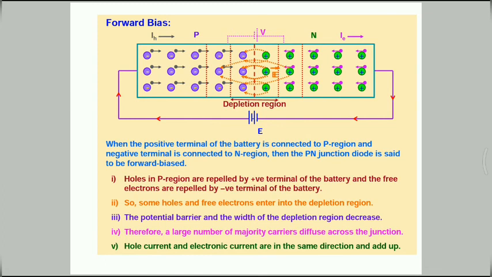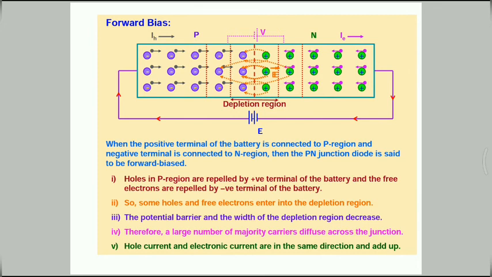The junction diode can be connected to an external battery in two ways, called forward biasing and reverse biasing of the junction. Forward biasing: a junction diode is said to be forward biased when the positive terminal of the external battery is connected to the P side and the negative terminal to the N side of the diode. Flow of current in forward biasing.